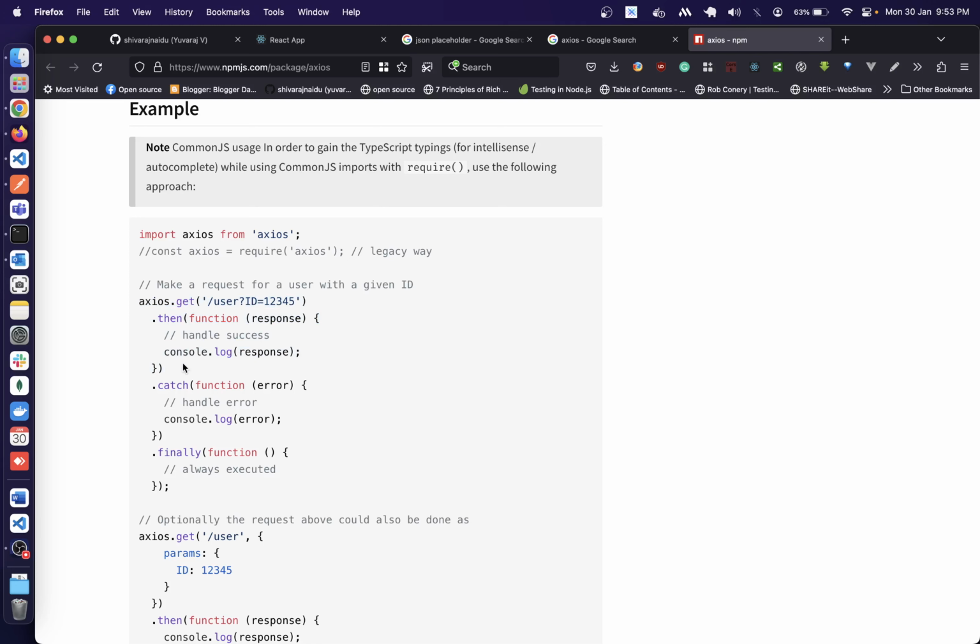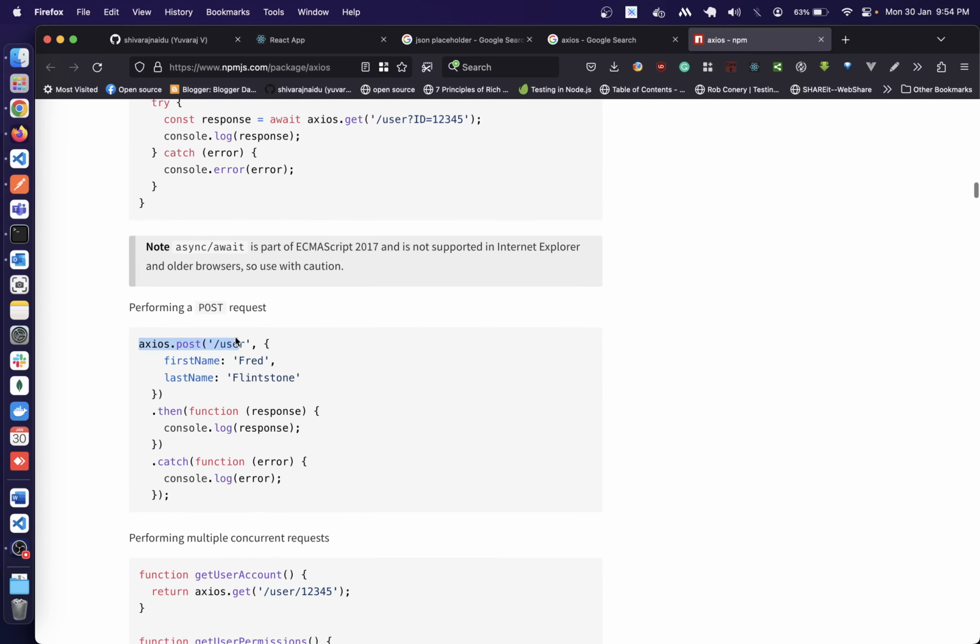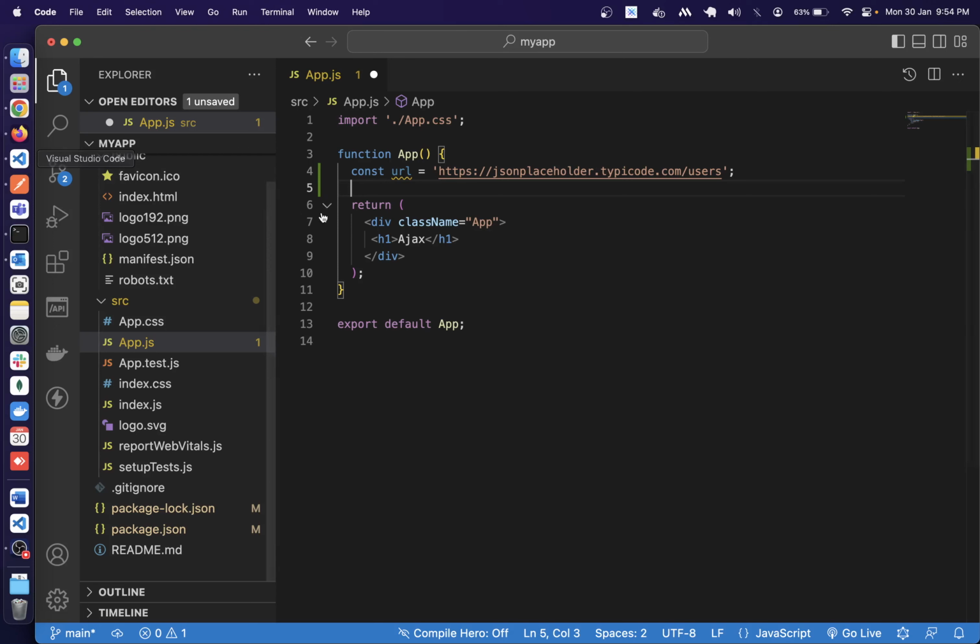Axios provides a very simple interface to make API calls. Like if you want to make a get call, you can use axios.get in the same way. If you want to make post and put calls, you have similar APIs in Axios. And when it comes to React,